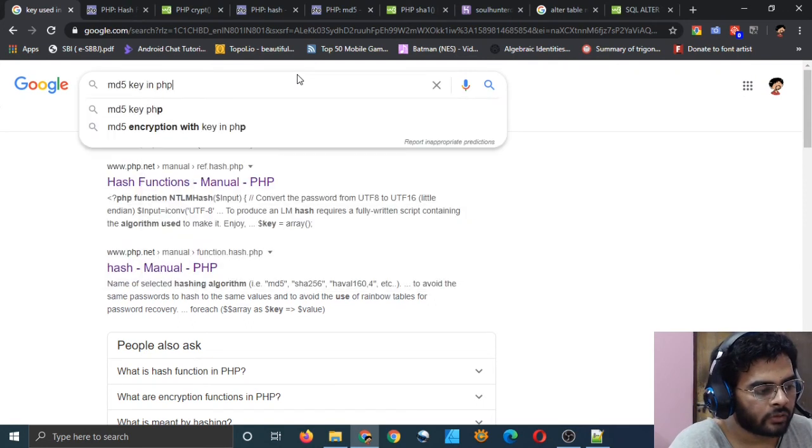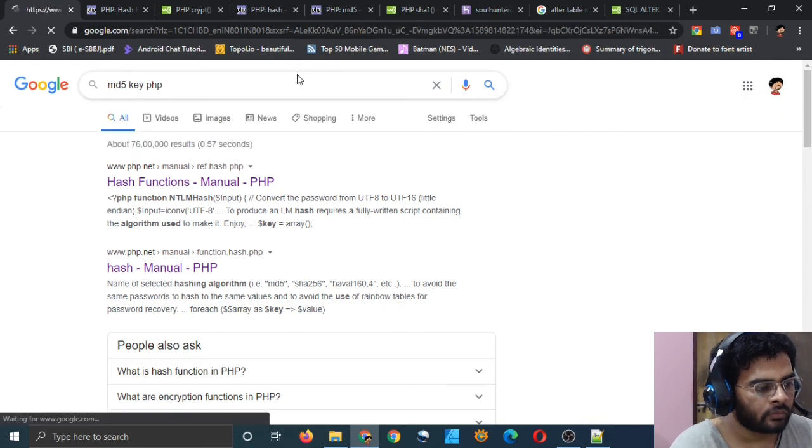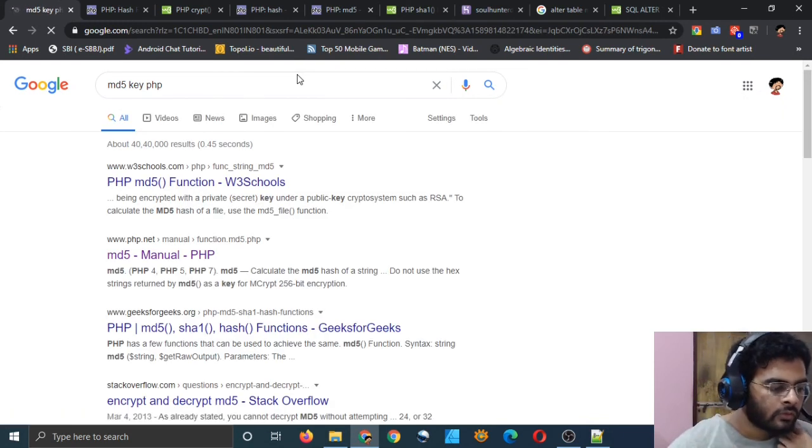MD5 key in PHP hash. Encrypt and decrypt.